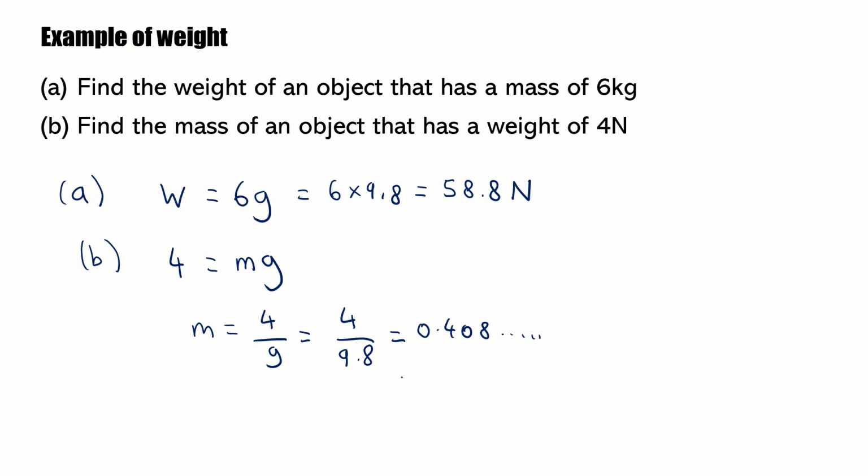But it's worth mentioning, because we're only using g to 2 significant figures, we should technically round our answer to only 2 significant figures, so that we are not extrapolating the accuracy. So that's an example of how F equals ma can be used on a small scale to work out what's going on with forces. However, this isn't really a true reflection of how we mostly use F equals ma, which is